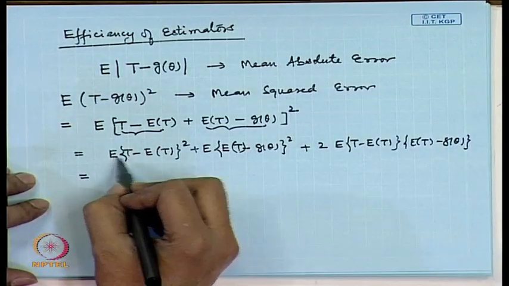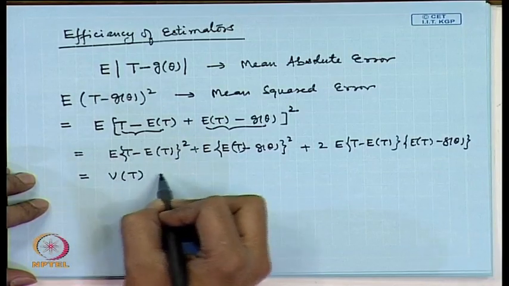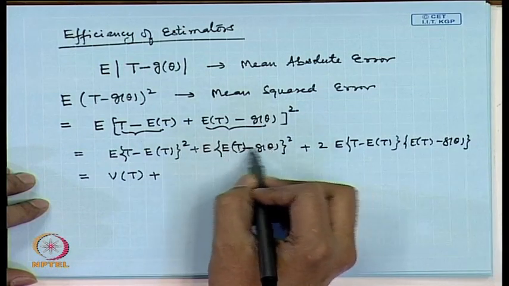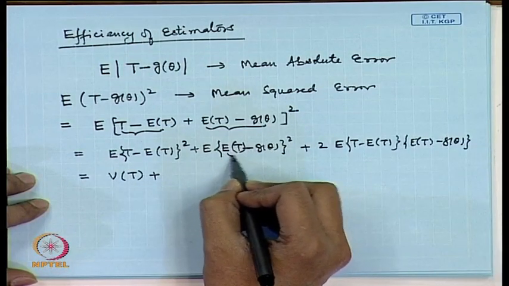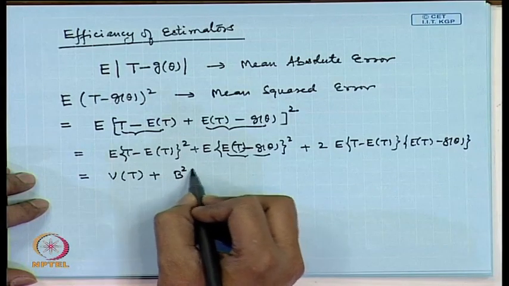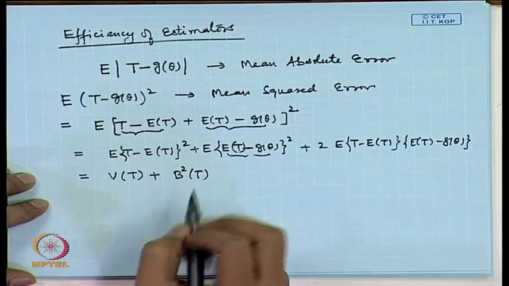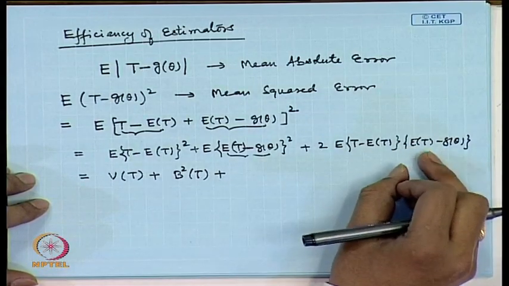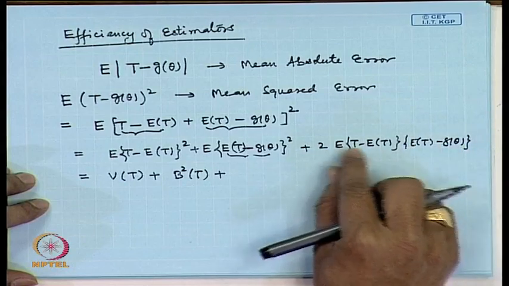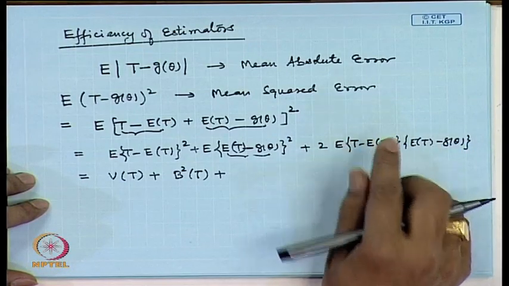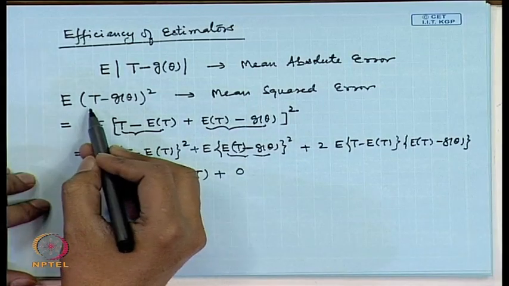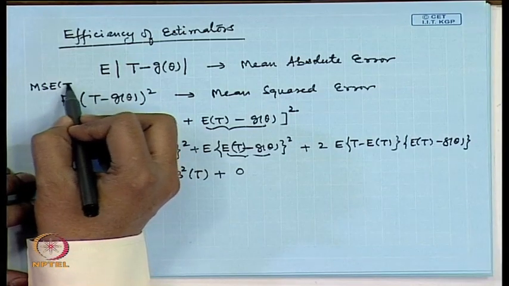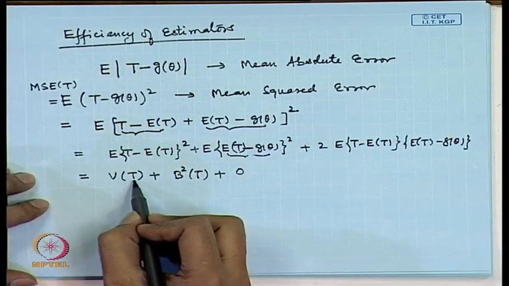Let us look at these terms. The first term is simply the variance of T. The second term is a fixed term, so the expectation will be the same value, because we have already taken expectation here. This term is nothing but the bias of the estimator T. And if you look at the cross product term, this term is a constant, so expectation applies to the other factor and this becomes 0. So, we have that the mean squared error, let me call it MSE of T, is equal to variance plus